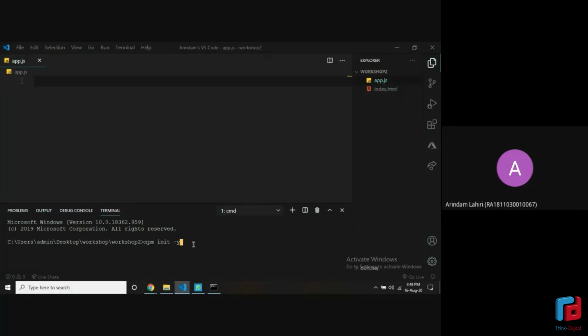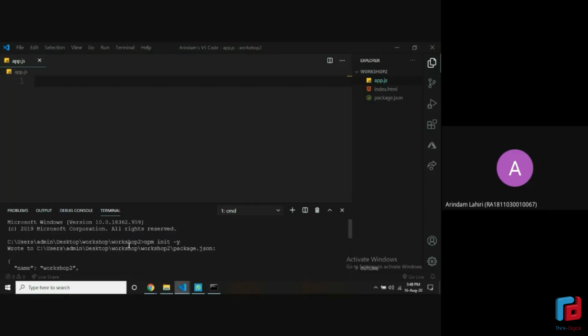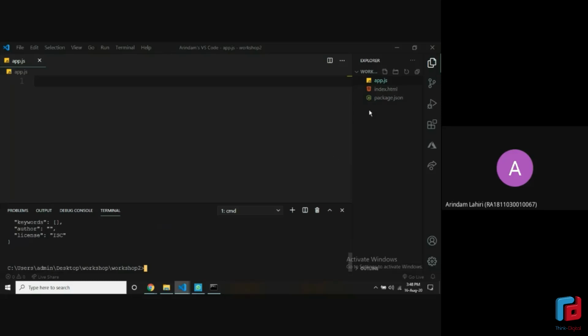As I said earlier, the first part of this workshop will not be using any outside code. We'll be writing everything in Node.js. So we don't need it right now, but let's just initialize the npm repository to make sure we have the correct structure. So if you run npm init -y and just hit enter, it will take a couple of seconds to run. Let's just give some time. You guys can also run it in your command prompt. It will be the same command if you're running it in your command prompt or in the integrated terminal. It doesn't differ.